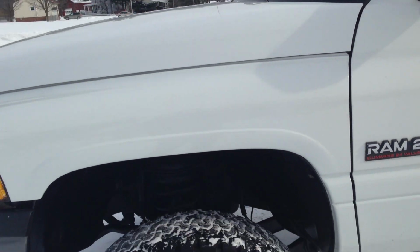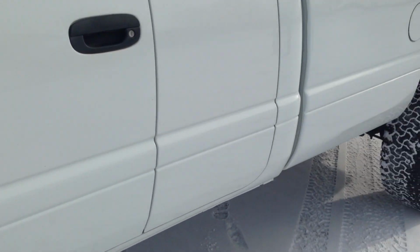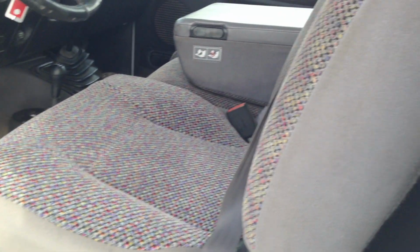We check everything. We go through everything. You know that. Are we perfect? No, we're not perfect. We are humans. But guess what? We do these hand assembled back together the correct way, the way it should be done. We check everything that needs to be checked on these trucks to make sure that you're going to get a good truck, to make sure that you're not going to take a trip down to Mississippi and get broke down